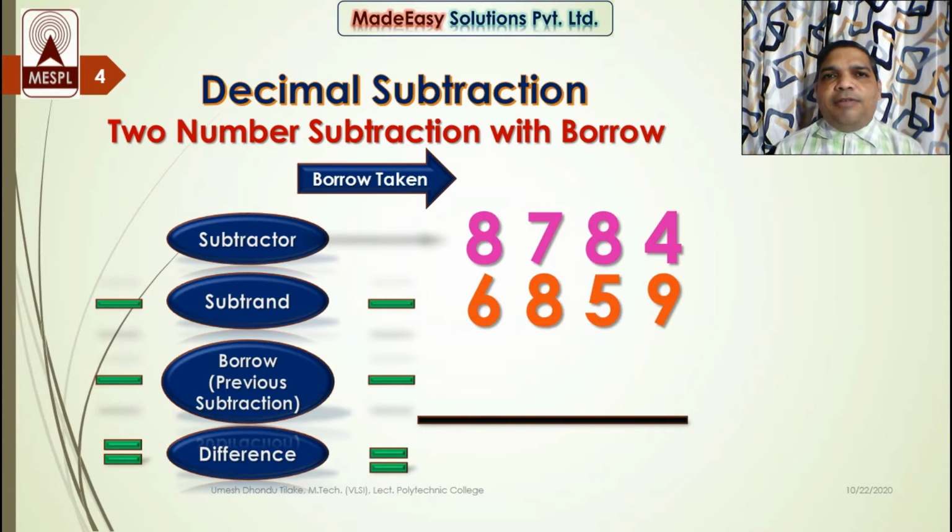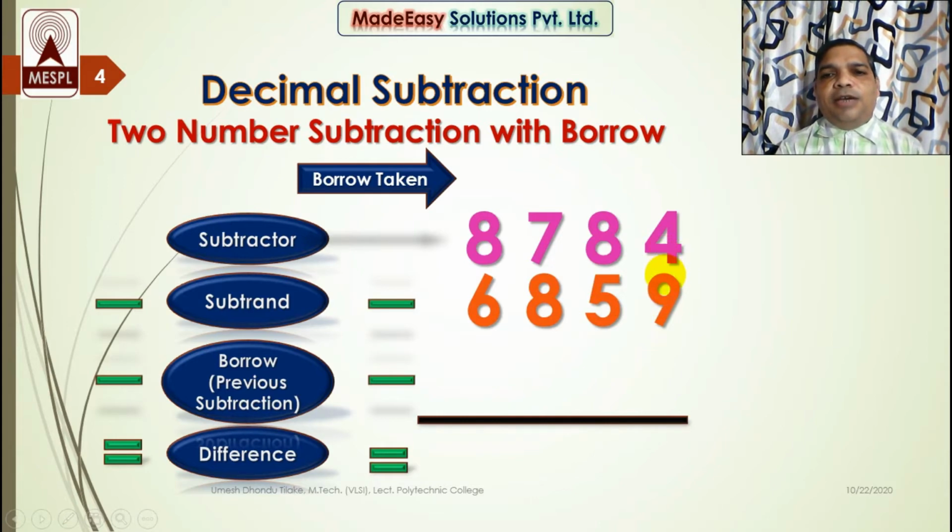So now, as we have discussed that every operation is performed digit by digit, and we start the operation from LSD. So here start the subtraction operation from LSD. Here 4 is the LSD of the subtractor and 9 is the LSD of subtrahend. So subtract 9 from 4. If you see, the subtractor digit, that is 4, is less than the subtrahend digit, that is 9. So I can't take out 9 from 4.